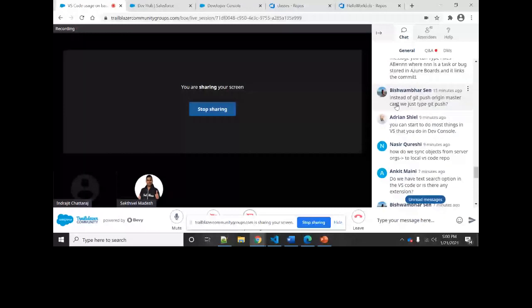Instead of git push origin master, can we just git push? It's there, we can do that, but say for example we have multiple branches, and at that time we have to specify which branch we need to push our code to. So at that time it's better to just specify the name, and origin is just